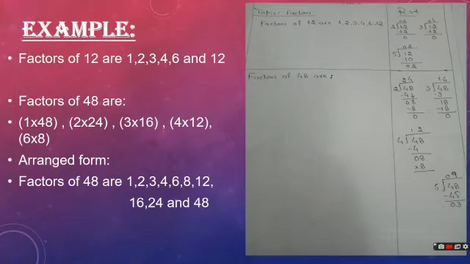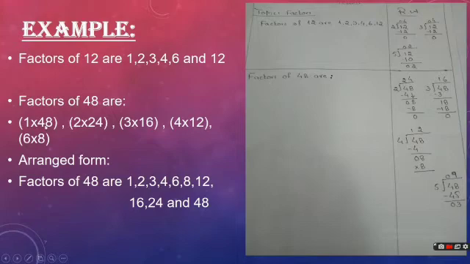Then read out the 3 table, then the 4 table. So one by one read tables in your mind from 1 to 10 tables, so you will get all the factors. If the number is coming in the table, it means that number is a factor of the given number. For example, see in 2's table, yes, 12 is coming, so 2 is a factor and we will write 2. Then 3, then 4. Again in 5's table, 12 is not coming, so we will leave 5. In this way, by the division method and by tables, you will get all these factors over here.